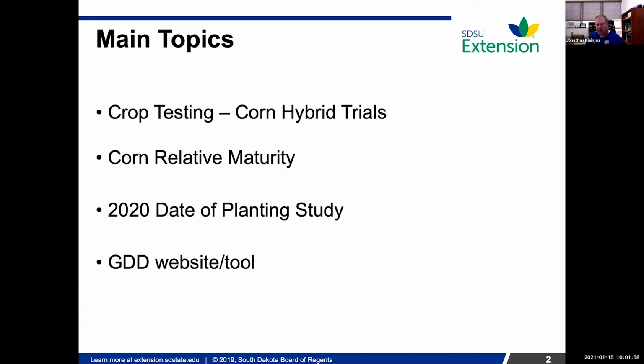And then finally, I don't know if most of you are aware, a lot of consultants I think know about a GDD website or tool that can help pick corn maturities or do forecasting, things like that for soaking dates. And we'll get into that a little bit. I don't know how useful it is, but sometimes it's useful, sometimes it seems like there's some problems with it, but we'll talk about that when we get there.